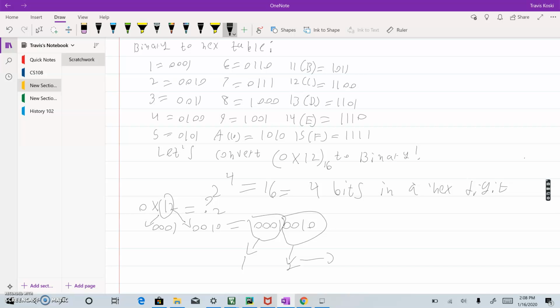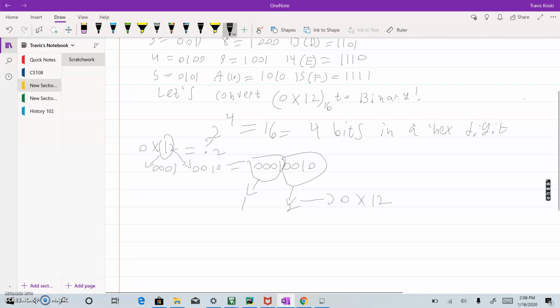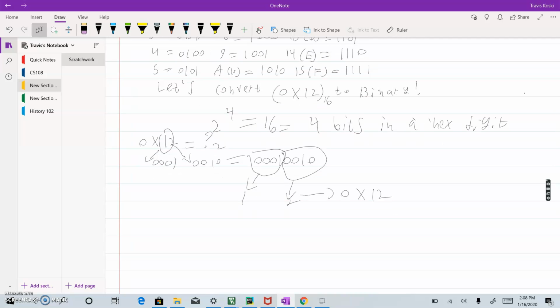Concatenate these two together, and then you get 0x12. Okay, so that's all you need to know for converting between these two systems. Super simple. Now let's go ahead and do the same thing, but I'm going to give you 1, 1, 0,